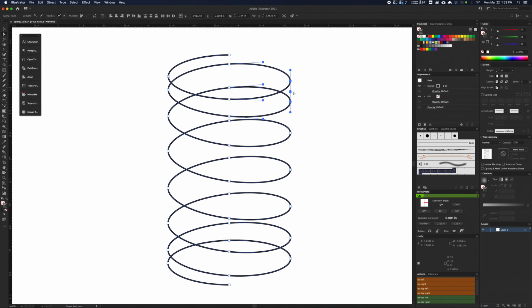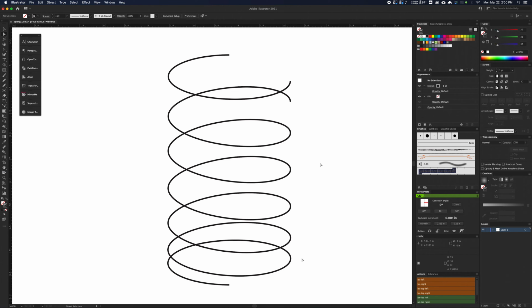segments and I cut these. I go up to the top bar here and select this icon that says cut path at selected anchor points. And then I select these bottom two as well, and I trim those as well. So now you can select this top part of the spring, which is the first coil, and you can delete that. And then we can select the next part of our coil at the bottom, and we can delete that